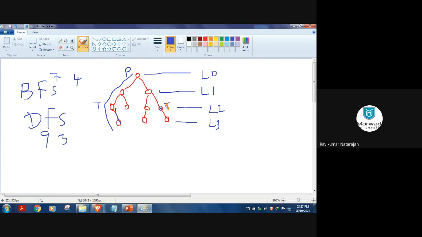So if you have a lengthy tree, then you can go for DFS. If you have a wider tree, if it is not a general tree, then you can go for wider search, that is BFS. So now the second point. Do you understand what is BFS and DFS? Do you know at least how to traverse BFS and DFS? Right? Yeah. Breadth. Depth. Yeah. Don't write bread, okay? Fine.